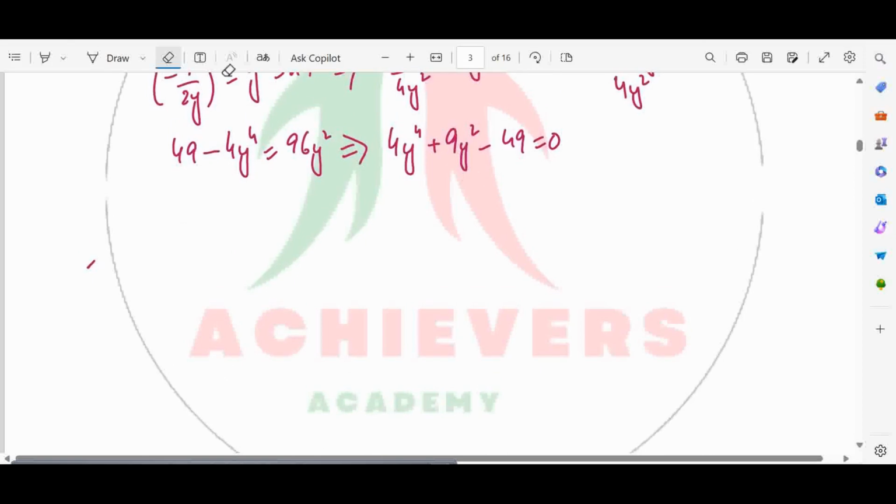What we can do from here is, if we simply use the middle-term breaking, this will be (2y² - 1)(2y² + 49). I think this will be the solution. Yes, it is. Now if we simplify it, we have to basically use the,